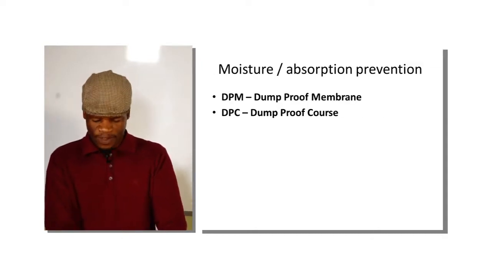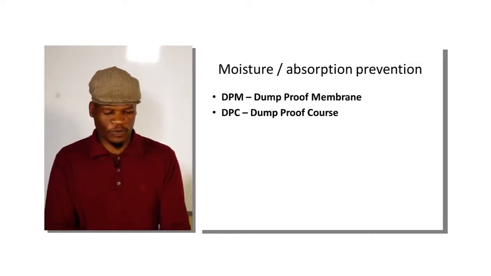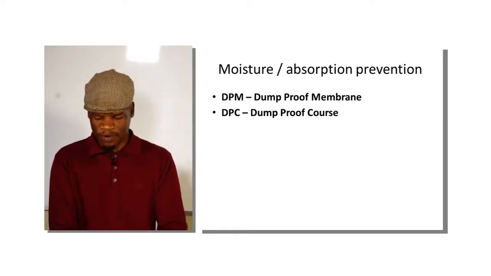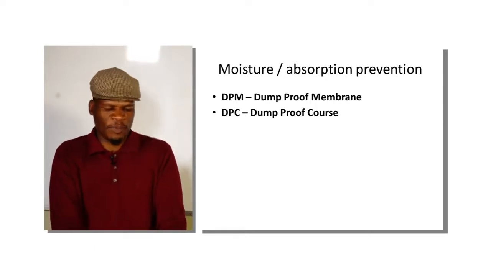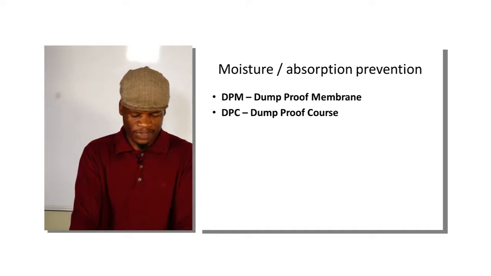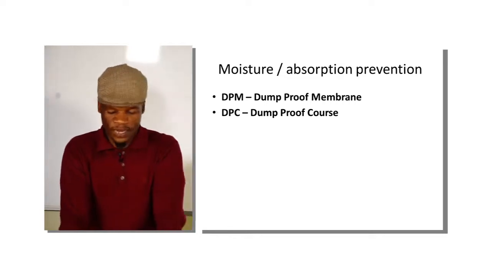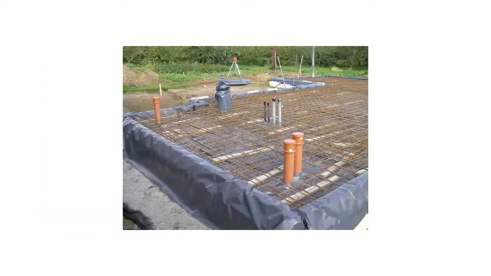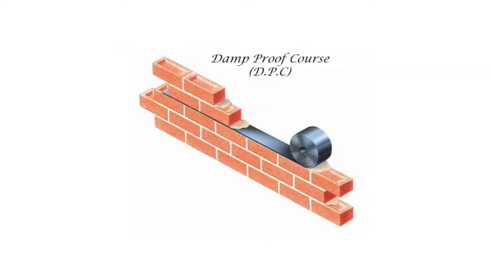Then you must also have these two methods, which are used to prevent the absorption of moisture into the structure. It can be done by means of the DPC or the DPM. The DPM is a membrane that is laid under the structure so that water coming from below cannot penetrate and get into the structure. The DPC is only placed on a part of the brick course, just to prevent water from penetrating